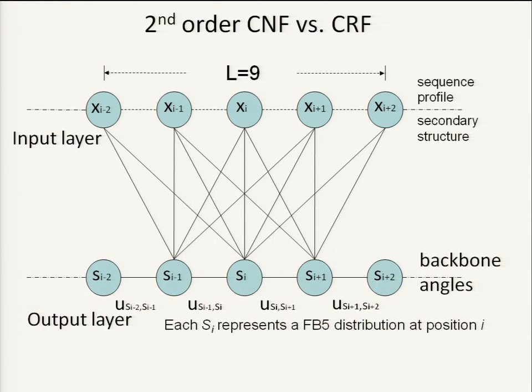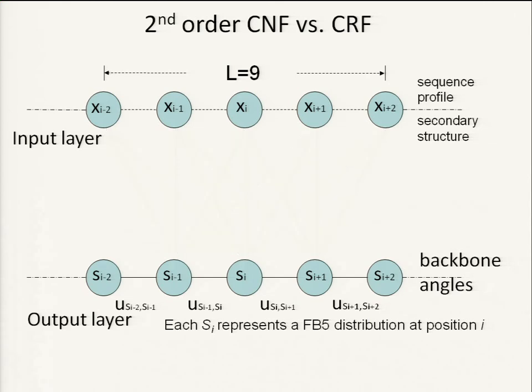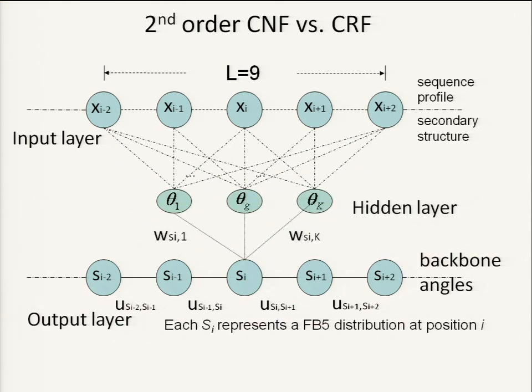CRF links each of the inputs to each of the backbone angles. You can see here it's a linear combination. The CNF adds a hidden layer of neurons. So each of the inputs is linked through a linear combination fed into the neurons, and every neuron has an output fed into the backbone angle at each position. More formally,